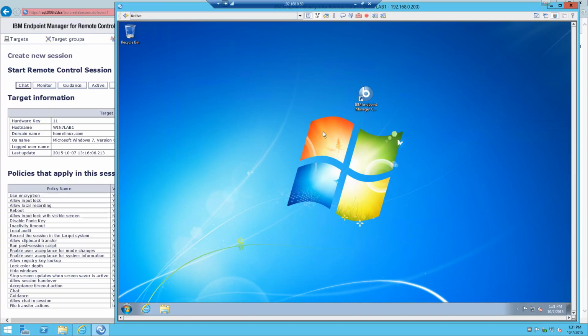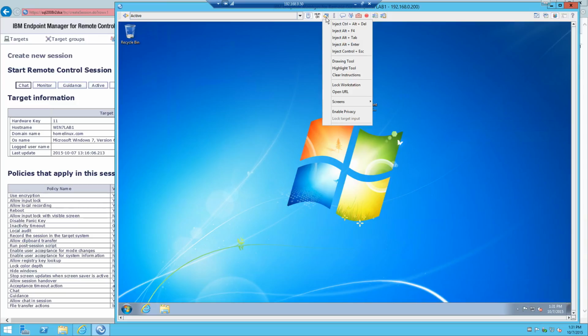In the event that we, as the support personnel, need to perform any actions that require us to enter passwords or usernames or even URLs or locations that we do not want the user to see, then what we do on our side is enable what's called privacy mode. By enabling the privacy mode,